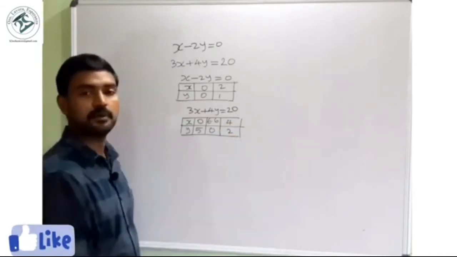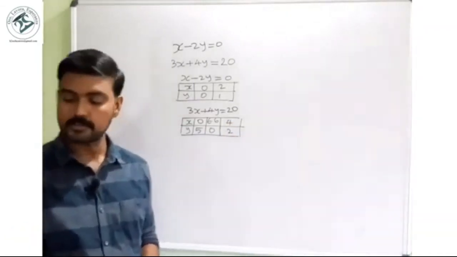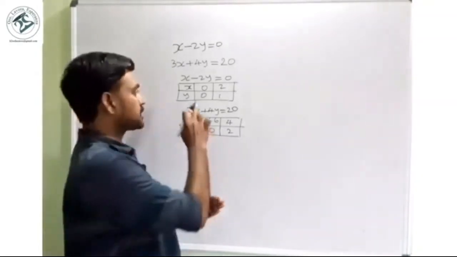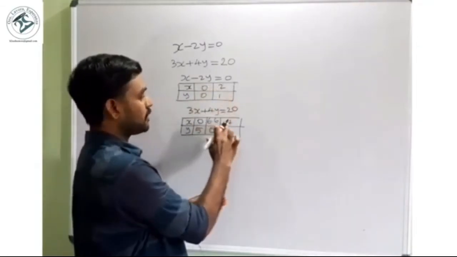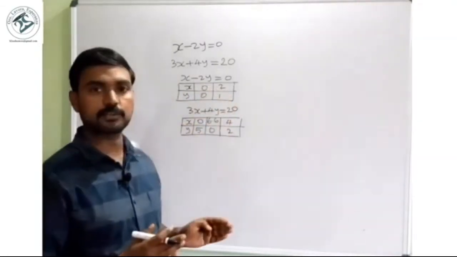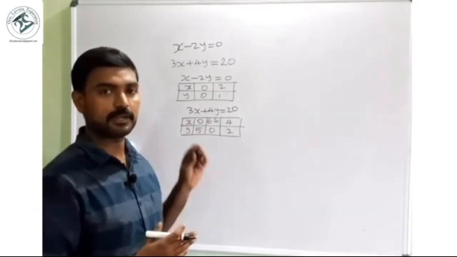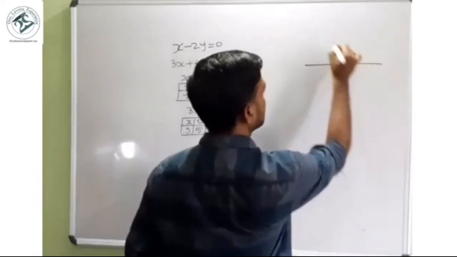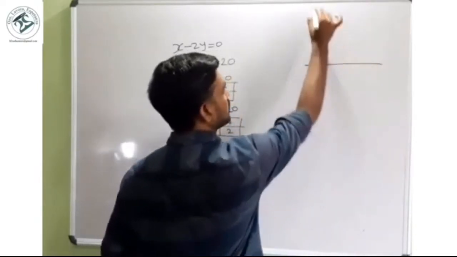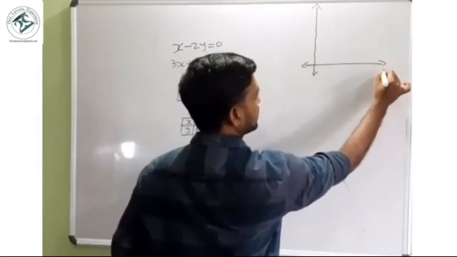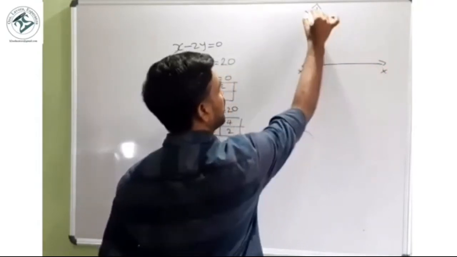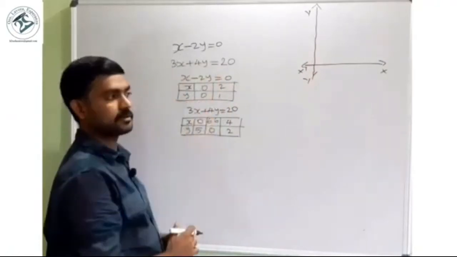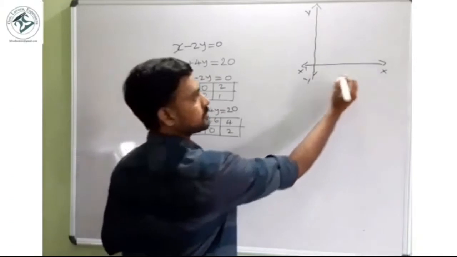Now we are going to draw the graph of the equations. When we draw the graph of an equation, first you observe the x values. Here 0, 2, 0, 6.6 and 4. The smallest value is 0, the highest value is 6.6. So by including these two we can draw the graph. So I am drawing the graph. Here x, x dash. Here y, y dash. In y, the smallest value is 0, the highest is 5. So by including this we can plot the points.